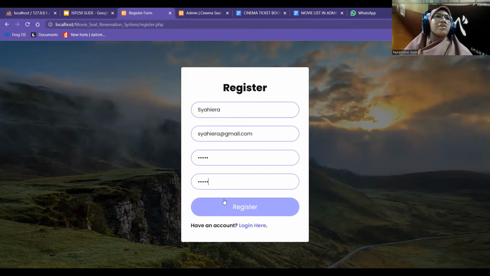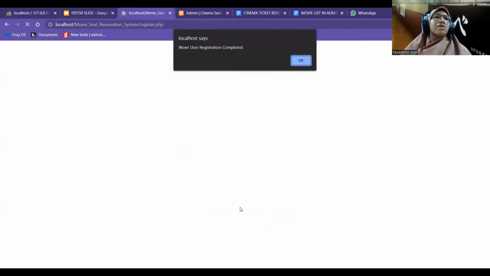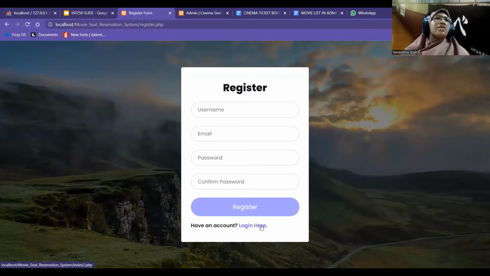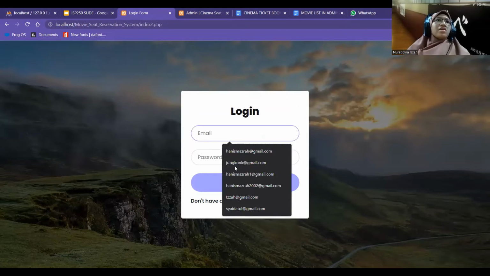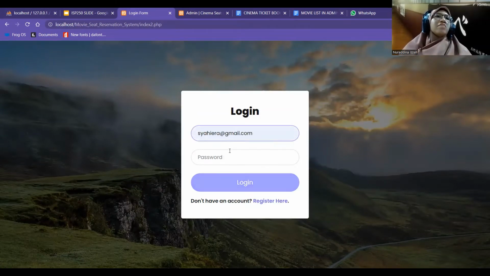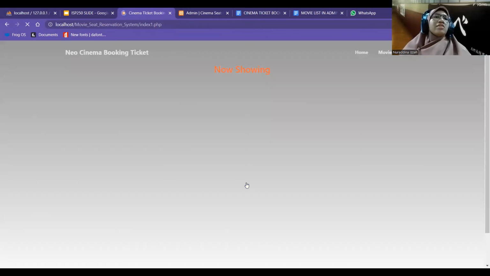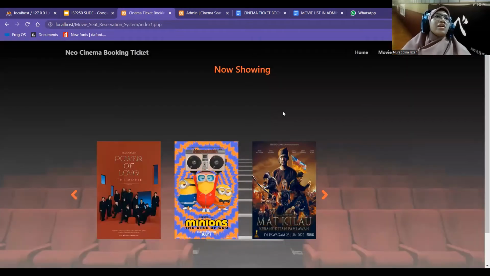For example, when pressing register, it will pop up, user registration completed. And it will go back to this page. By inserting the email and password that they just registered, they can log in, and they will be brought to this page.